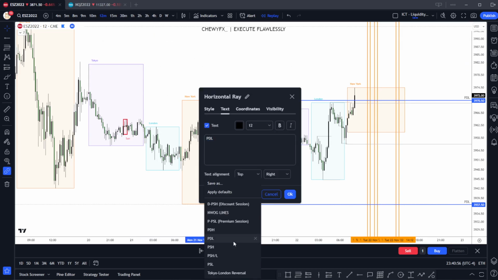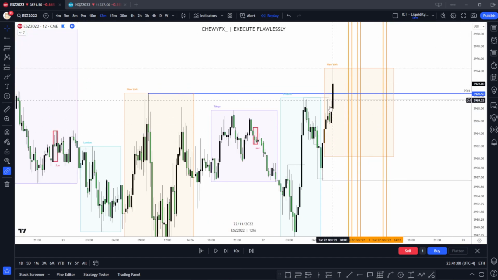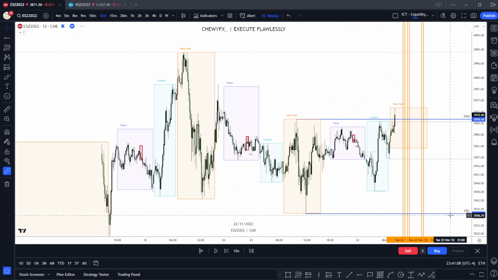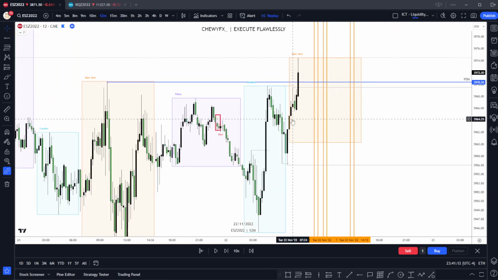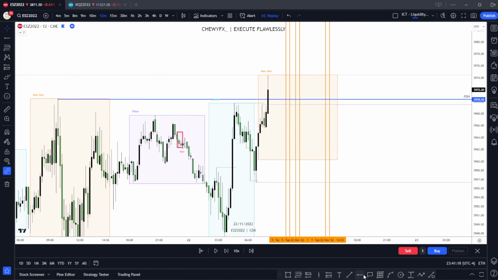So that leaves us with either looking for an EM3 continuation, or it could also be that we are looking for an EM2 reversal. But honestly, this is kind of a tight range. So I think an EM3 continuation really makes the most sense, but